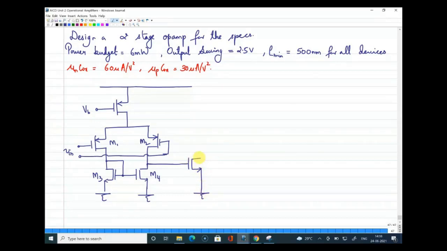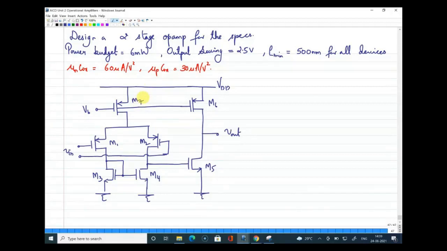But here we are using NMOS device as the input. And the load will be another PMOS here, that will be connected to the same bias voltage of the previous stage current source. And this is the output point, V out. This is VDD. If I number continuously, it is 4. Then here we have 5. I'll number this as 5. This is M6 and this is M7. So this is the circuit diagram given.